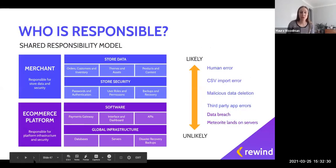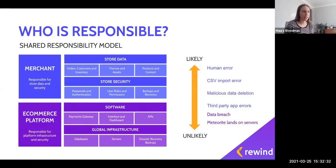Okay, so who is responsible? So I hope that now you're kind of along with me in understanding that things go wrong, unfortunately, day to day on e-commerce stores. So that begs the question, whose job is it to make sure that things don't go wrong? And one of the funny things about working at Rewind, a backup company, is again and again and again,